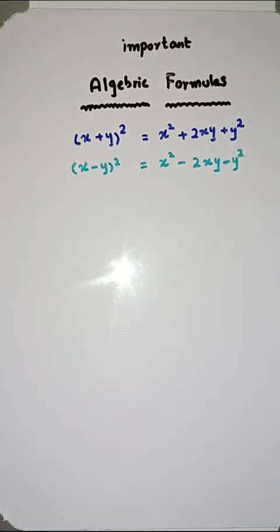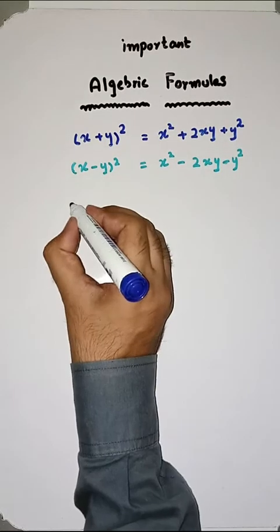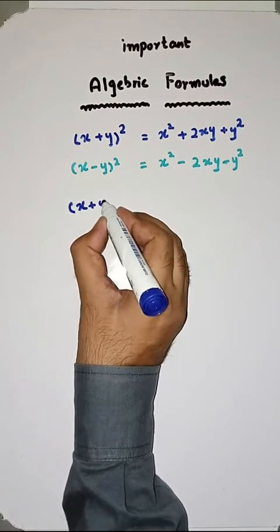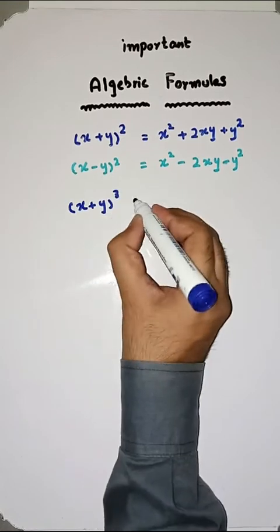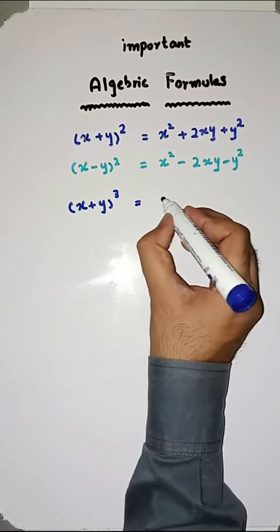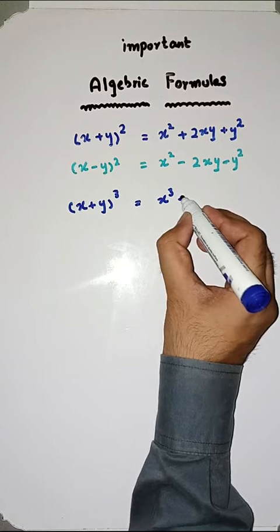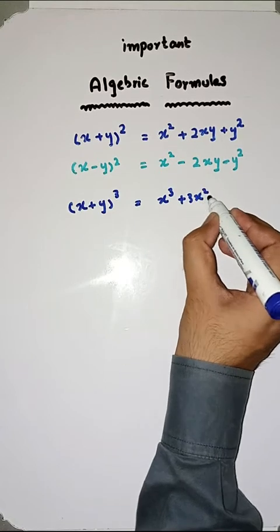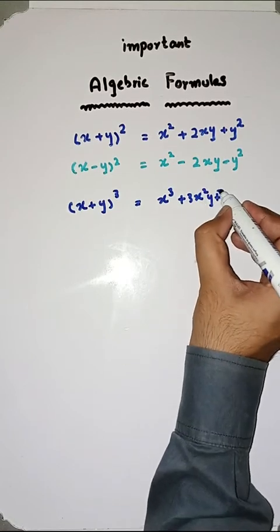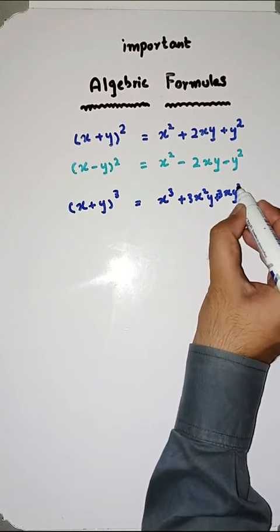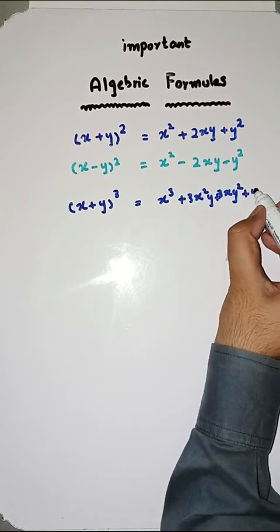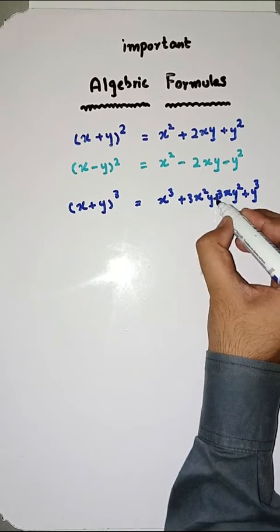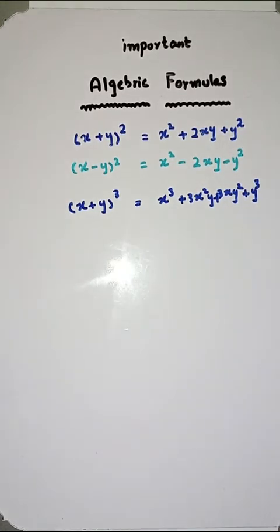Next one is x plus y whole cube is equal to x cube plus 3x square y plus 3xy square plus y cube. Got it? So, x plus y whole cube is equal to x cube plus 3x square y plus 3xy square